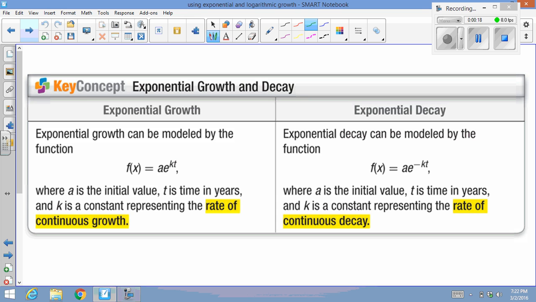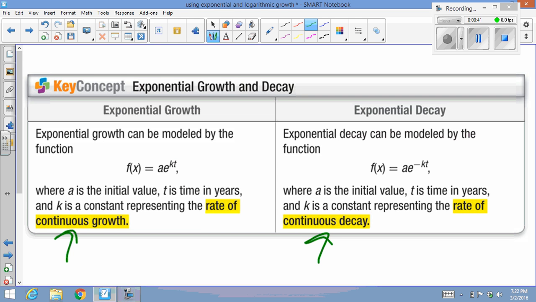When we talk about these, we're talking about continuous growth. So it has continuous right there, continuous growth and continuous decay. We're not talking about your average growth or your average decay. It's going to have the word continuous in it, or if it doesn't, continuous is implied. Kind of like if we're talking about